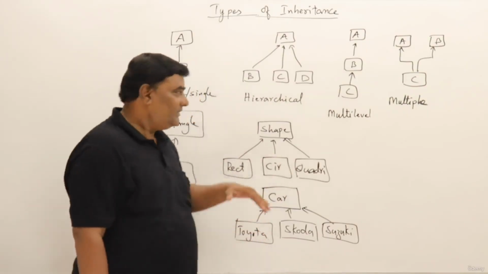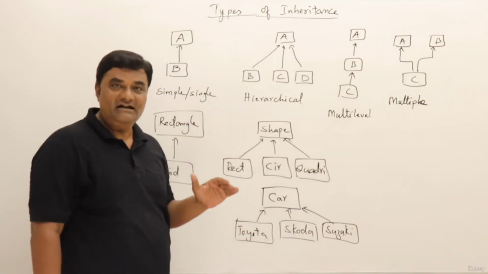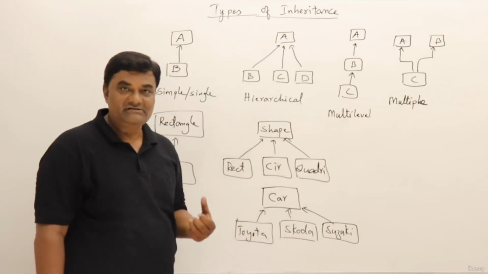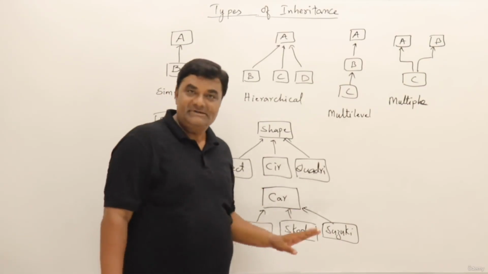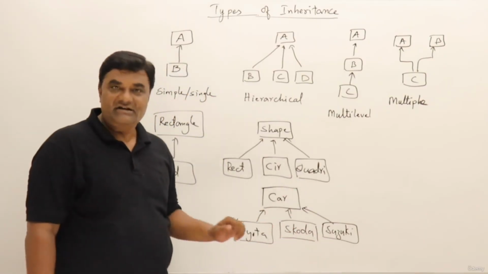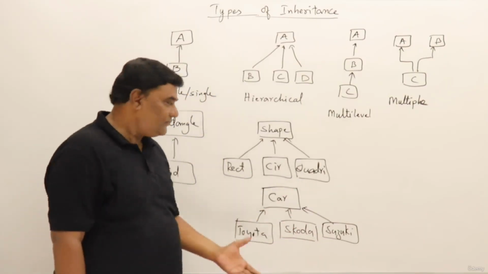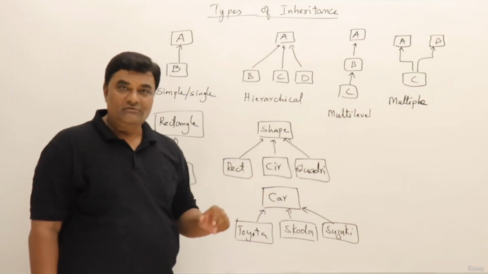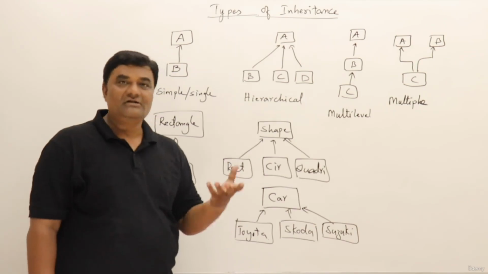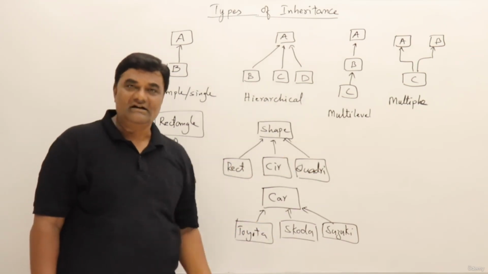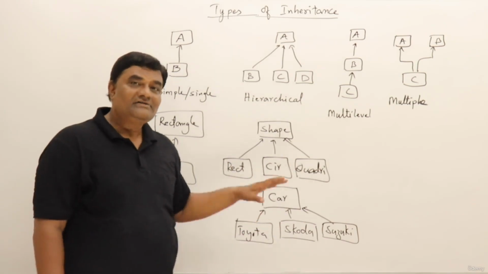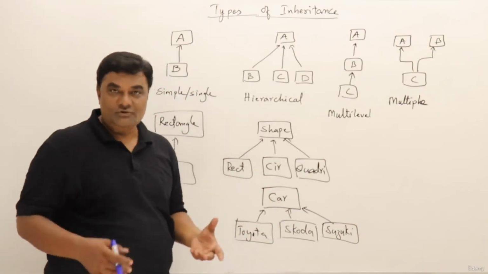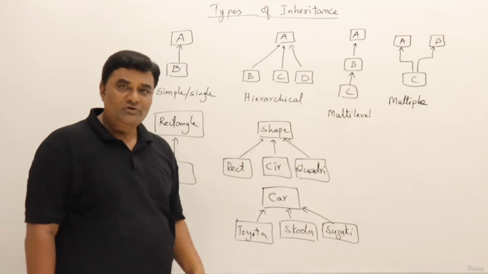In this example, when you have hierarchical inheritance, the parent class is a generalized class, a general class. These are specific. Toyota is a specific car and Skoda is a specific car. Suzuki is a specific car. Then what is this? It's a general term. It doesn't really exist in the world, but as a general term we use it. So many four-wheelers we call car. So this approach is the generalization approach. This is an interesting one. We will explore more about this one.